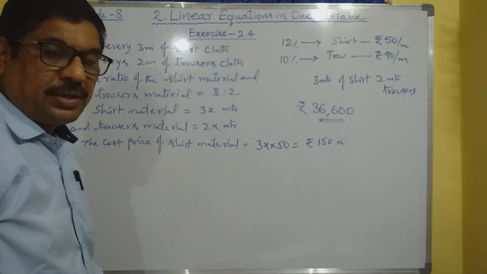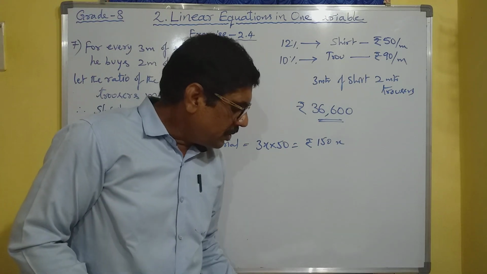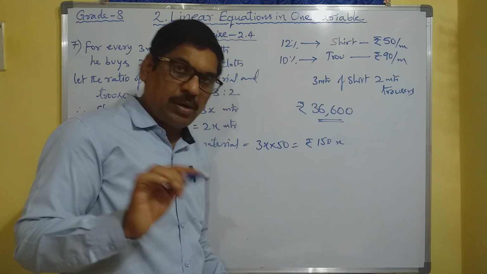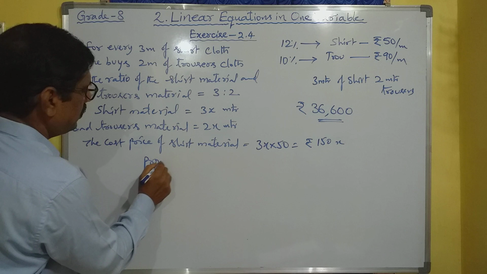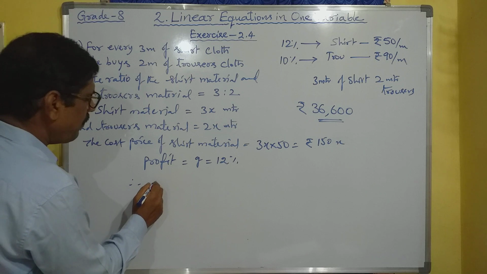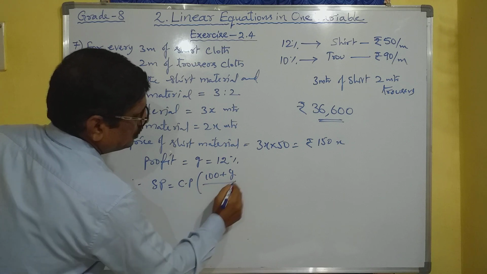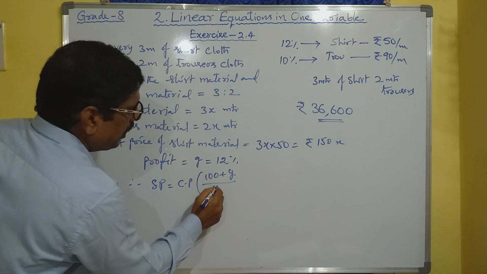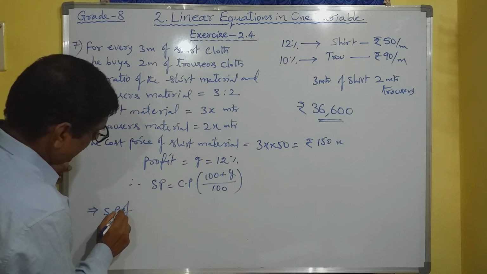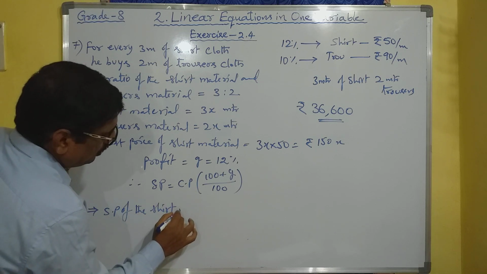Let us find the selling price. What is the gain percentage he has given in the problem? 12% on shirt and 10% on trouser. So profit G is equal to 12%. Therefore, we have a formula: SP is equal to CP into (100 plus G) by 100. G means gain, profit. So this implies SP, the selling price of the shirt material,